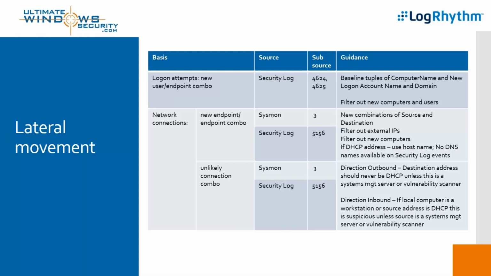wait a second, am I mixing myself up here? Direction inbound, local computer is a workstation, and source address is DHCP. Yeah, then it's suspicious unless the source, yes, the source field in the event, not the source of the event log, is a systems management server or vulnerability scanner. So again,